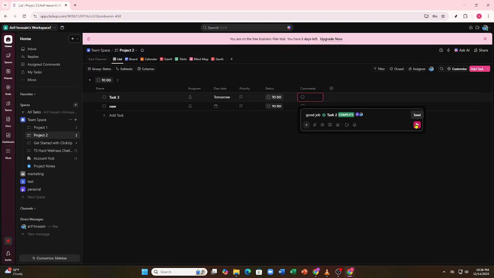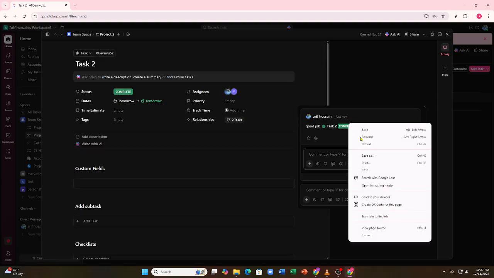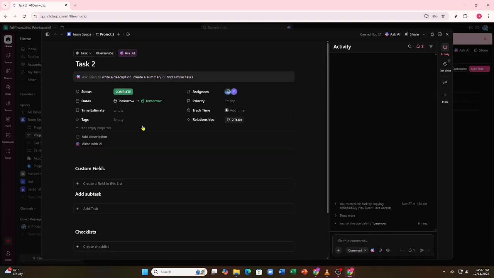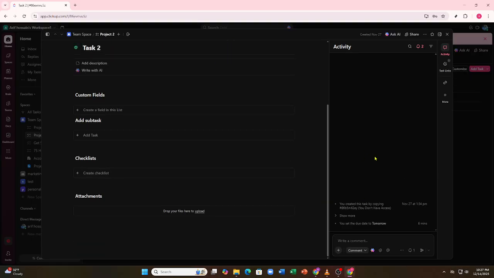You can reply to existing comments to keep discussions organized in threads. This makes it easier to follow conversations, especially on tasks with a lot of collaboration. You can also edit or delete your own comments if you need to fix something. Yeah, it happens. Finally, remember that comments stay attached to the task, so anyone who opens it later can see